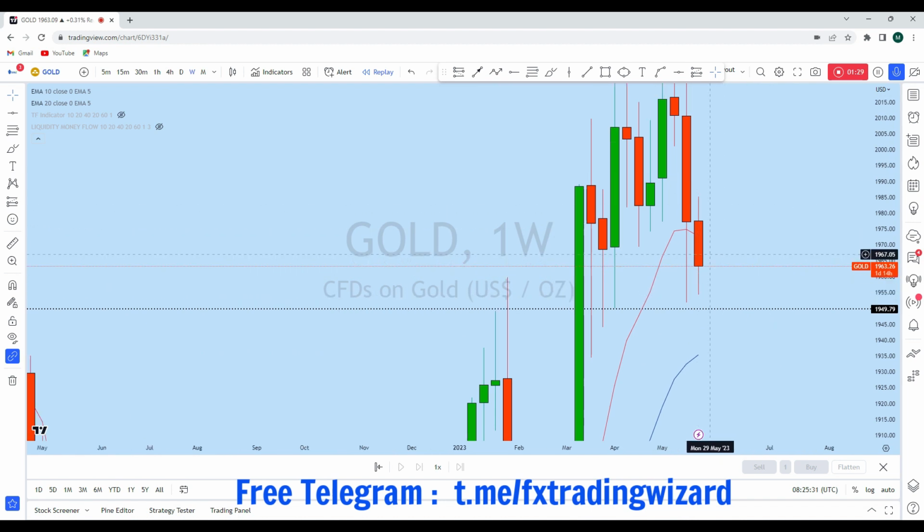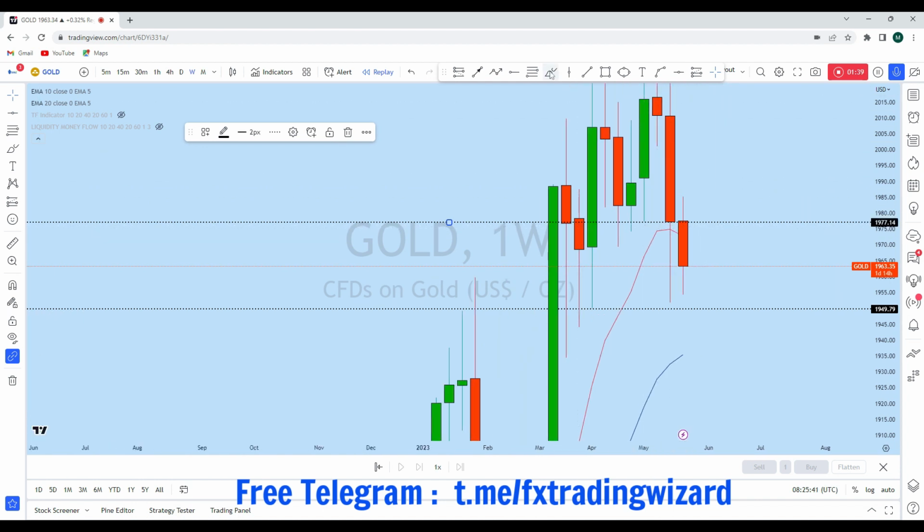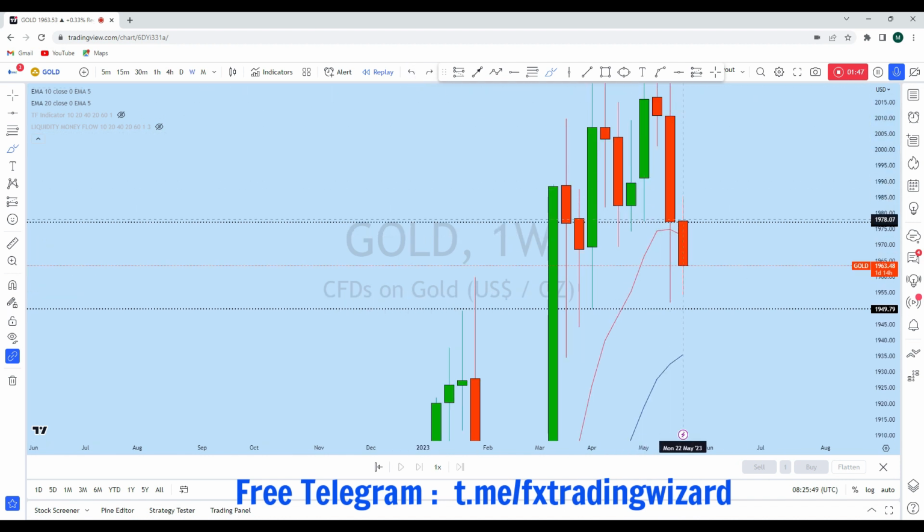As the price goes up for a pullback, we could even see gold again coming back to this weekly opening and closing where there is high liquidity, and also this is a very important level of support along with this long wick candle. The support of this long wick candle is acting here as a resistance, and we could see even today gold going up to test this level